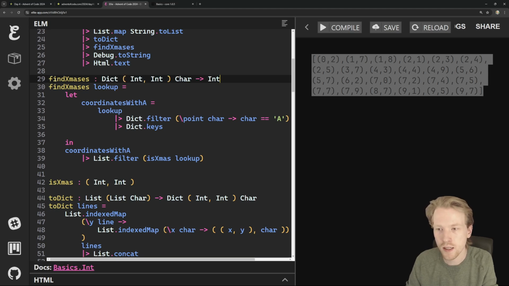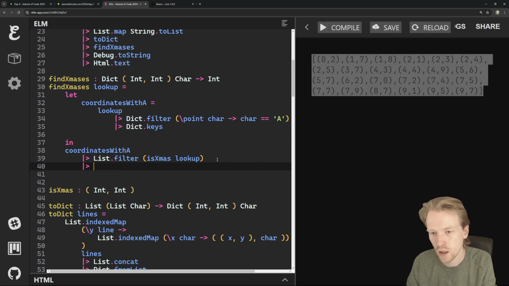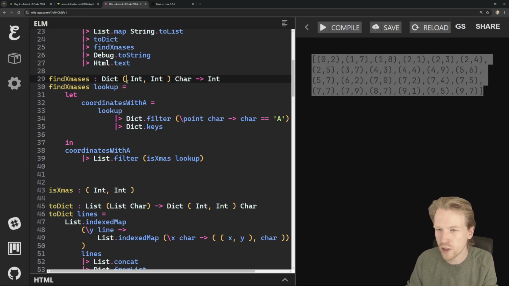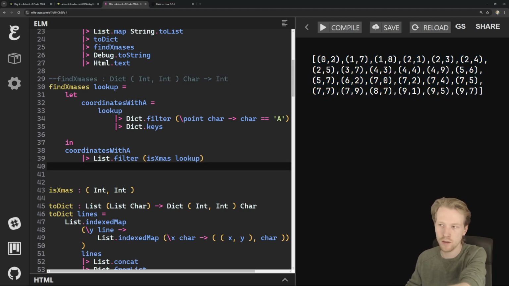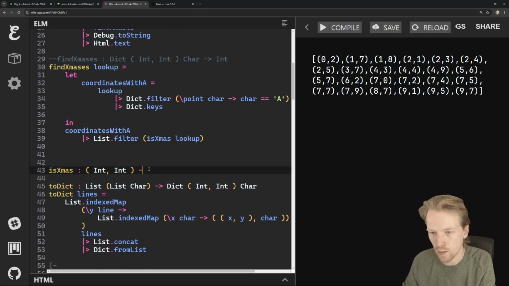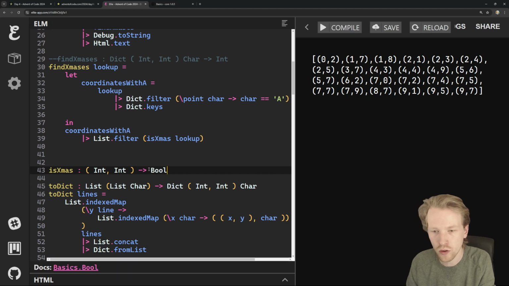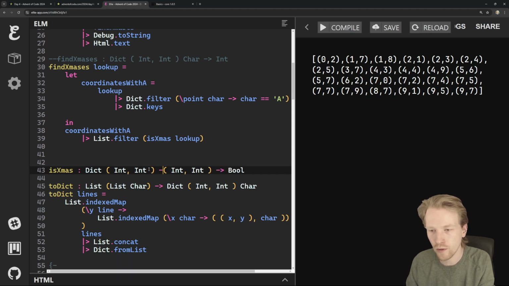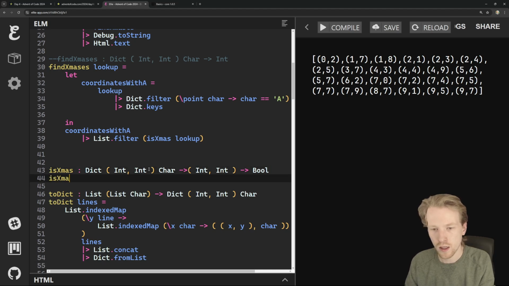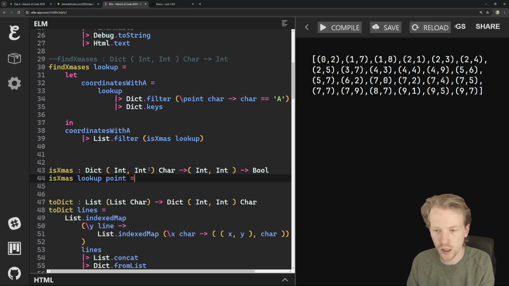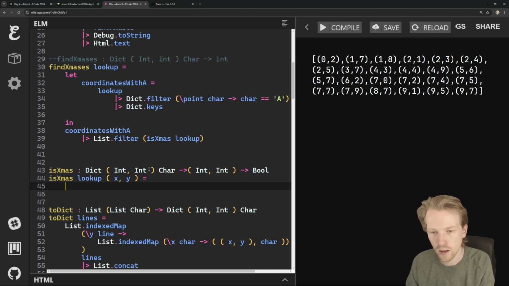But the idea is, I'll leave this off just a bit longer so that we can basically see which points we have instead of just getting the sums. But this will return true if we found, excuse me, X. This is going to be our lookup, this is going to be our point, like the center point. So I'm just going to say X and Y,